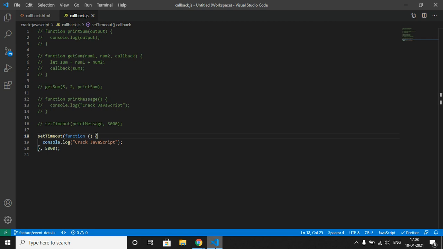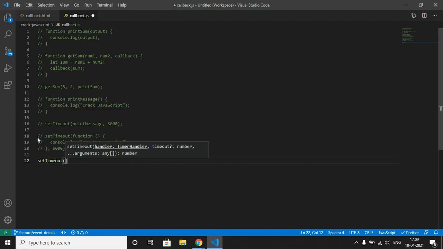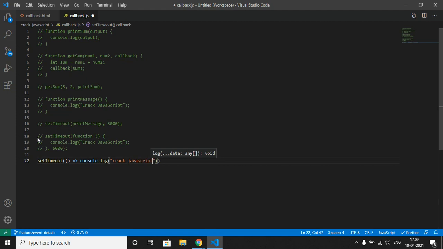Next, let me take another example, an arrow function. setTimeout, console.log, Crack JavaScript.